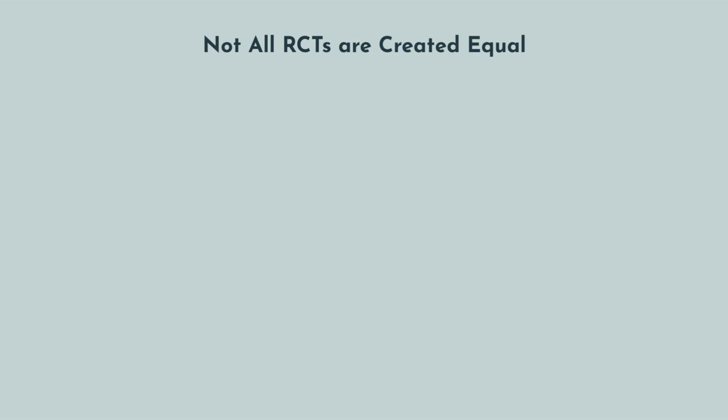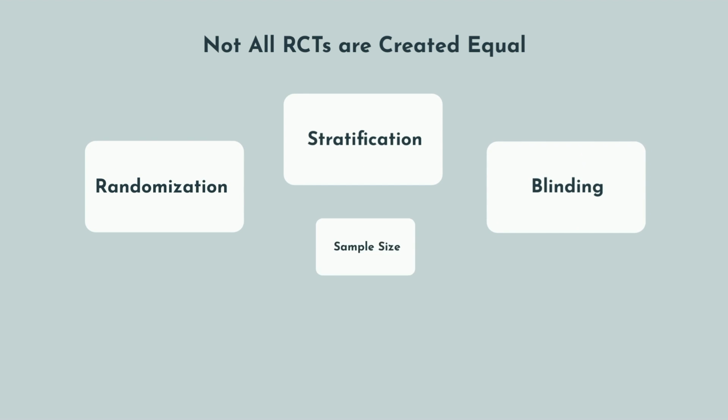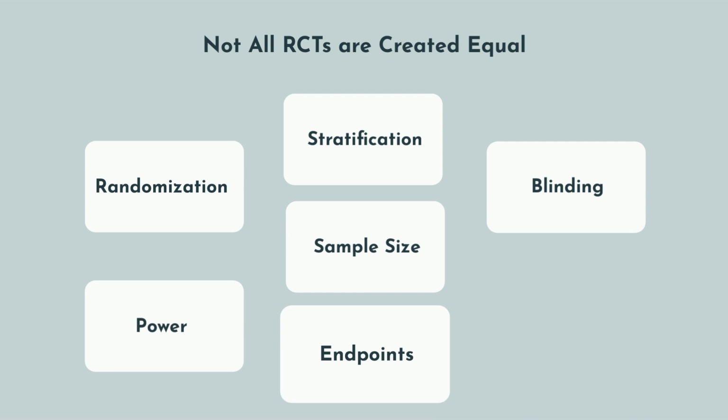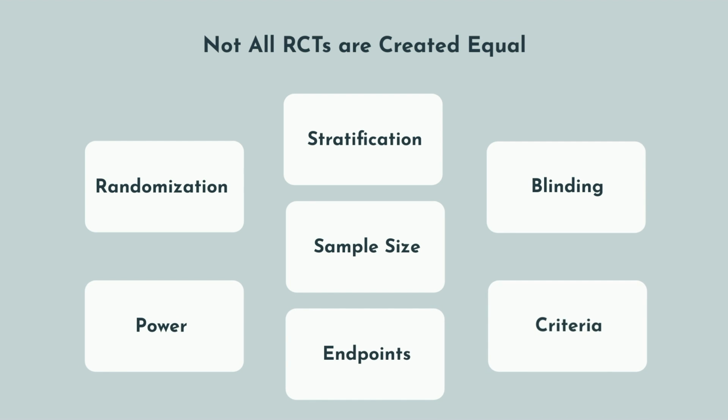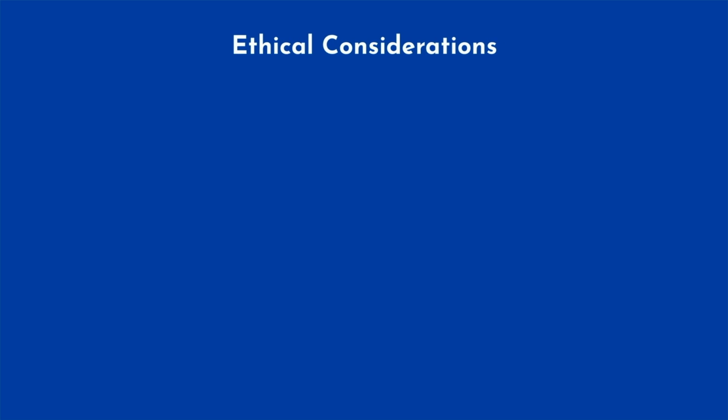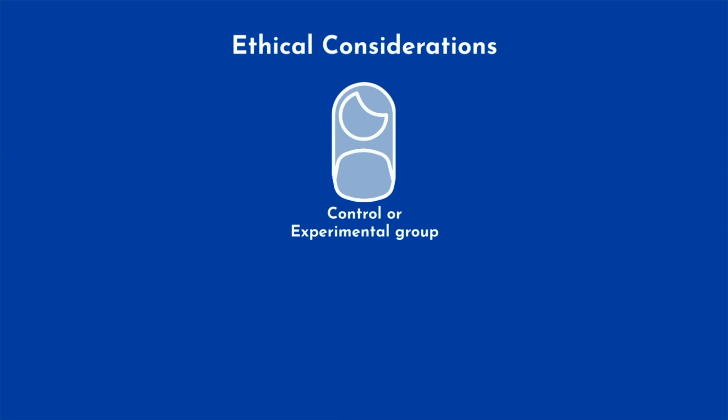Third, not all RCTs are created equal, and it's quite challenging to conduct a high-quality RCT. These studies must have adequate randomization, stratification, blinding, sample size, power, proper selection of endpoints, clearly defined selection criteria, and more. Fourth, ethical considerations. If you're assigning someone to be in the control or experimental group, you can assign them